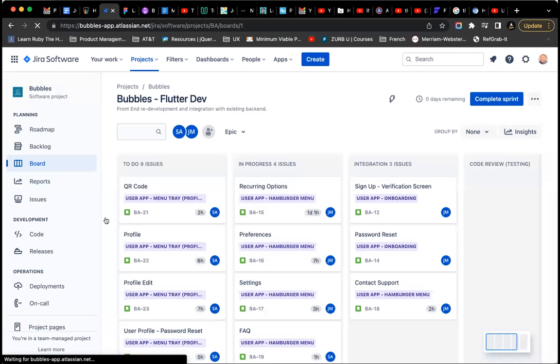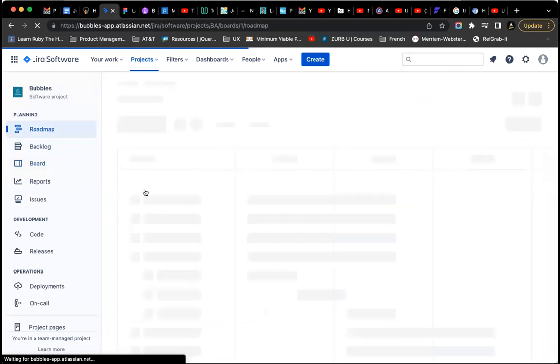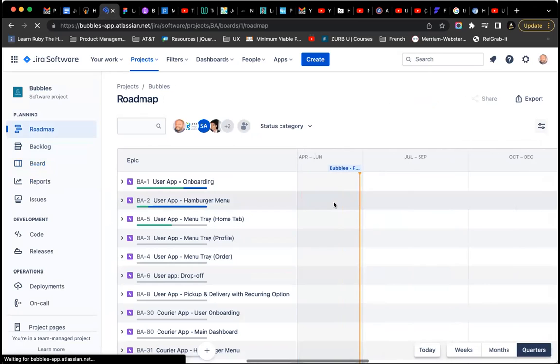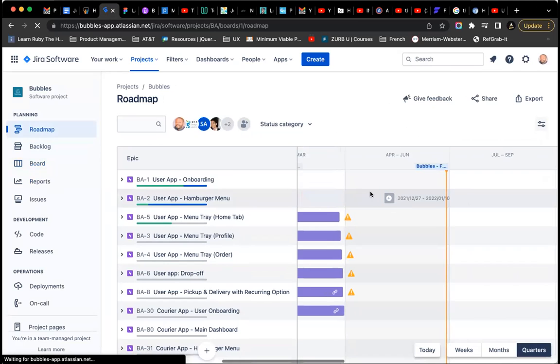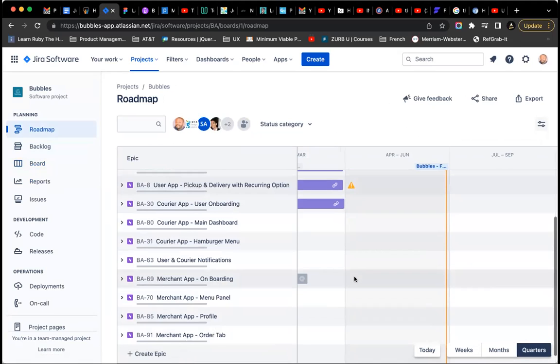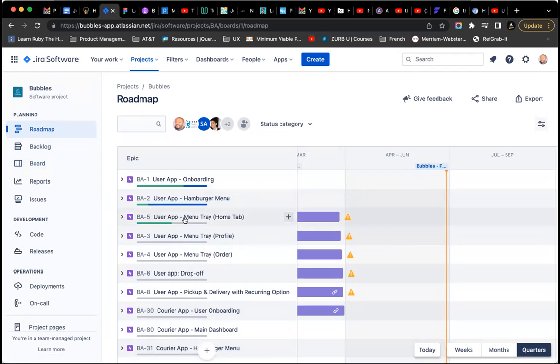To finish it. Okay. And then we have the roadmap, which will show you where we are in things in terms of what month we're in. We're close to the end of June. It shows us what has been done, what is yet to be done. You can drag and drop. You can see that the green means you're almost done with the user app. The onboarding is almost done.